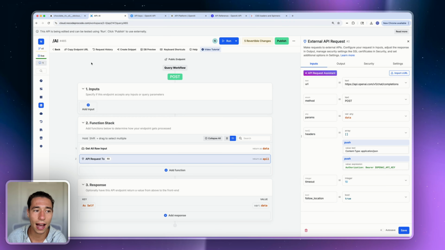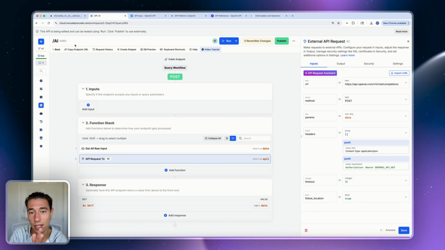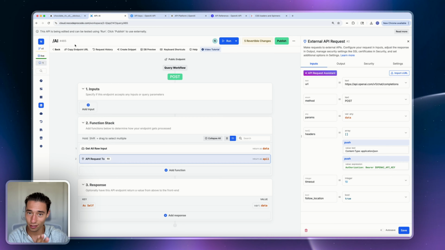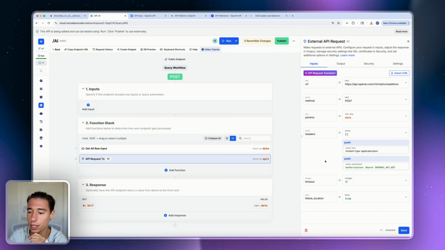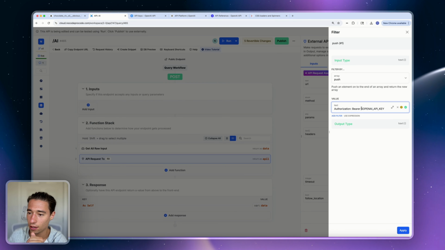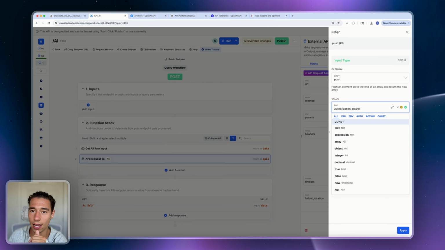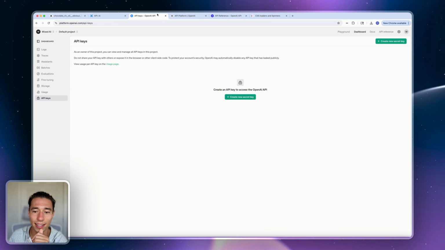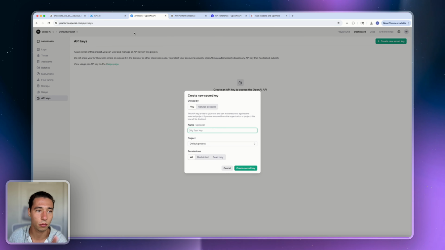So we have this, our API is like a middleware. It's between the web app and the OpenAI account. So we control this. So let's click on this expression here. Let's change the type. Let's remove this API key and we'll just put our API key after we have generated a new one. So we go to